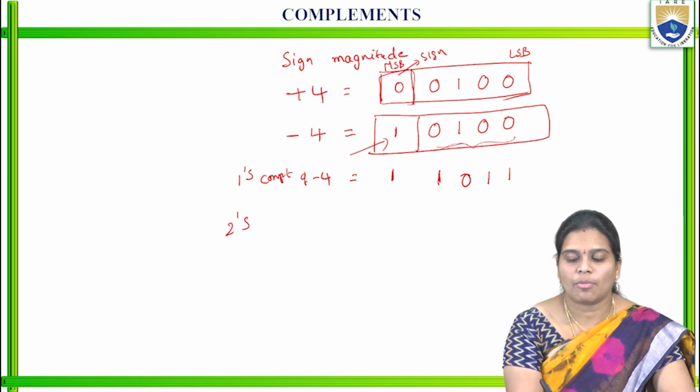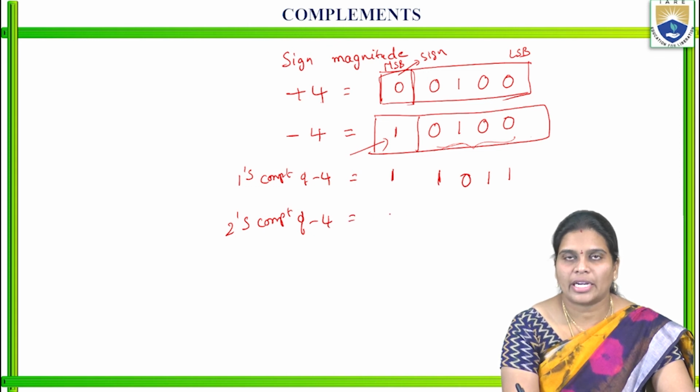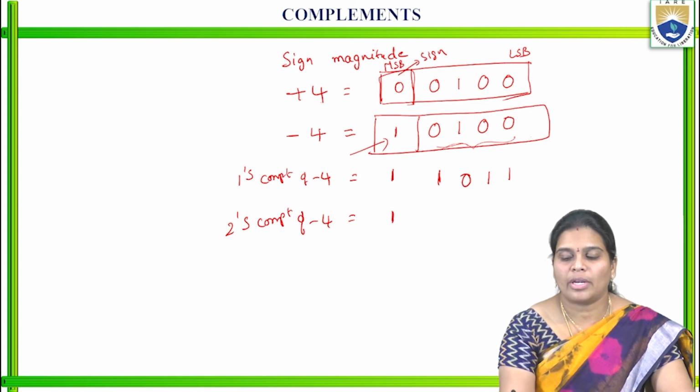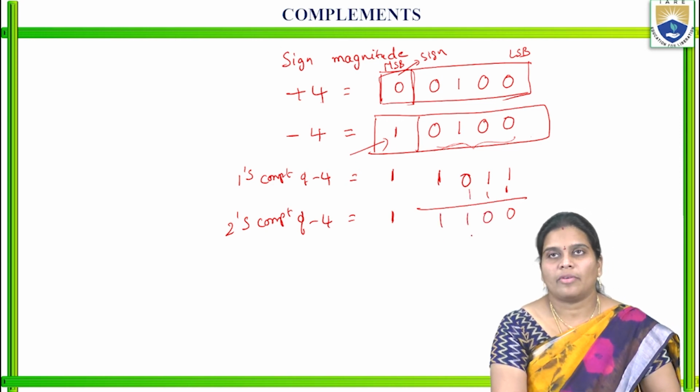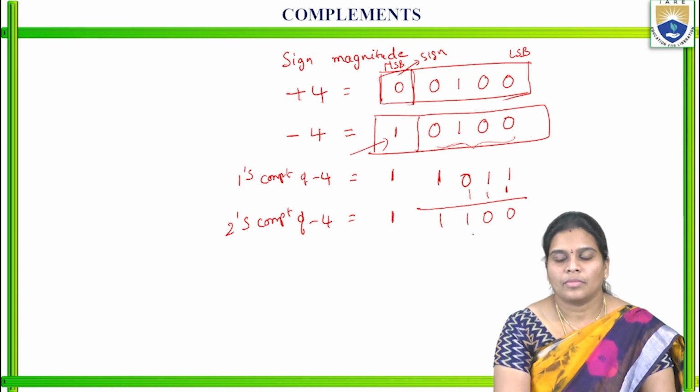Again I want to apply the 2's complement of minus 4. So the MSB bit is indicated as a sign. As it is, we are writing the same sign. And here we are applying the 2's complement of this original magnitude value. So already we have applied the 1's complement of this one. So again we are getting the 2's complement, adding the 1: 1 0 1 0, 1 1. So this is the 2's complement of this value. So in the plus 4 also, we are not disturbing this sign value. Only we are applying the 1's complement, 2's complement in the magnitude of this one value only.